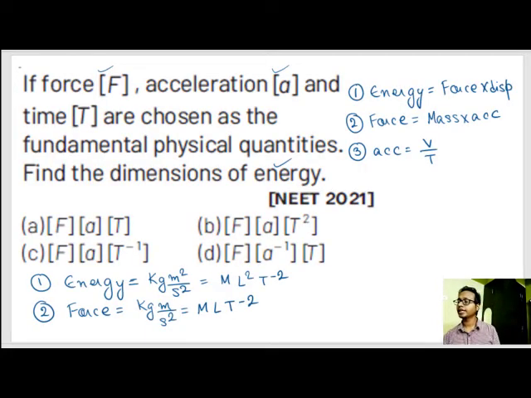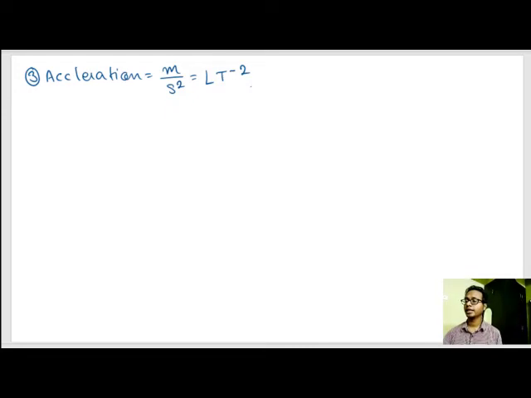The force F, A and T are chosen as fundamental quantities. Find the dimension of energy. That means we have to write energy in terms of force, acceleration and time. So let's write it down. Energy